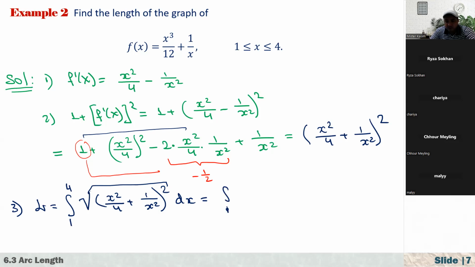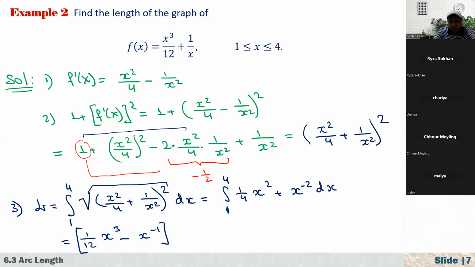And so here we have the integral from 1 to 4 of 1 over 4 x squared plus x to the power of minus 2 dx, which is equal to, the first one is 1 over 12 x cubed, plus, actually, next one will be minus, right? Because minus 2 plus 1 is negative 1, so minus x to the power of minus 1. So our integration limits are from 1 to 4. That's equal to, 4 cubed is 64, 64 divided by 4 is 16. So 16 over 3 minus 1 over 4, minus, when it is 1, it is 1 over 12 minus 1, which is equal to